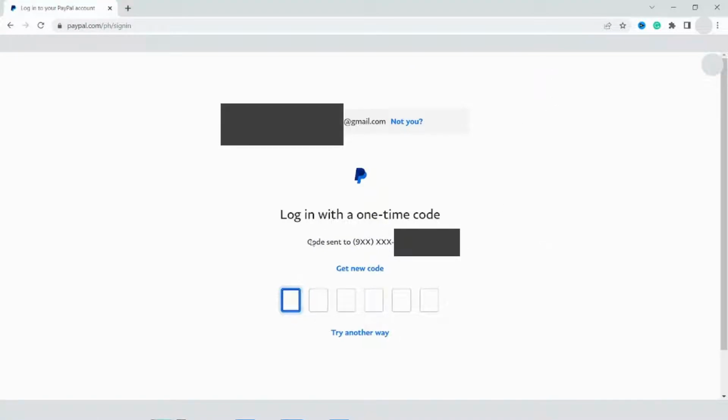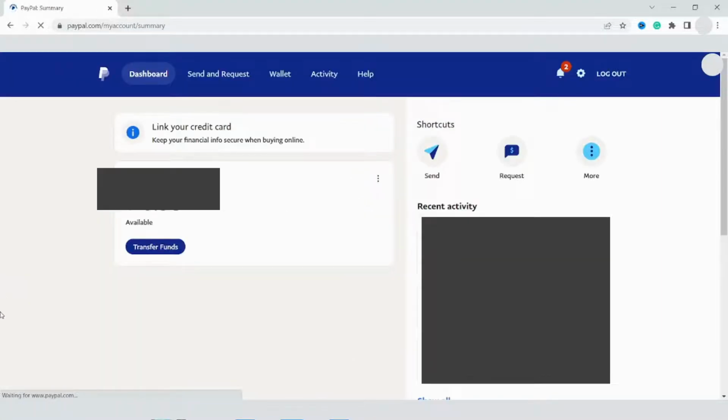It says that you have to put a code sent to your cell phone number. Let me put the code that was sent to me. Alright, there you go. Just wait for a while and then, alright, we're here now. Here at the upper right side of the PayPal website, we can see the settings icon, and then